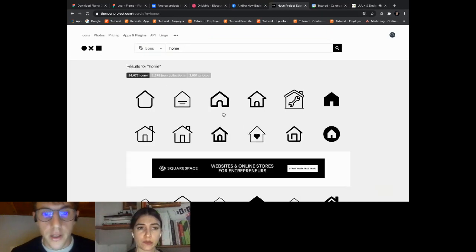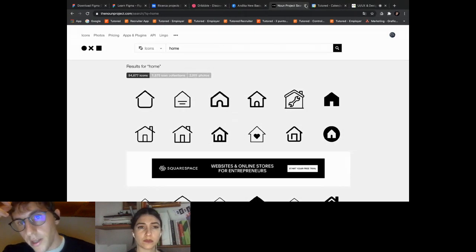Look, now it's very difficult to find an icon similar or identical to the previous icon. So my suggestion is, in the first step, use Material. Material is the best.